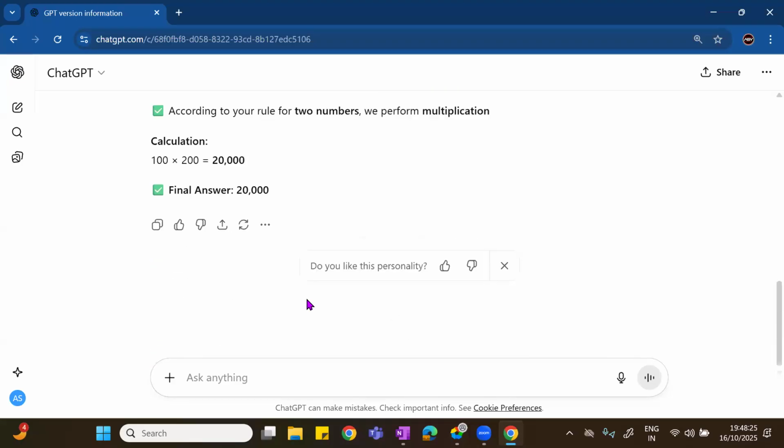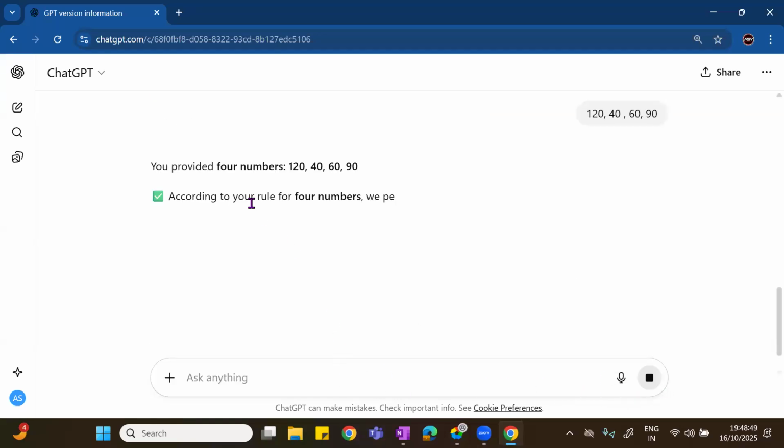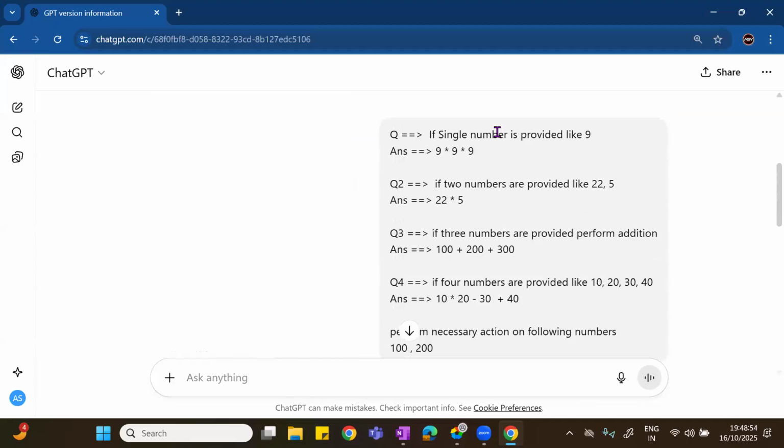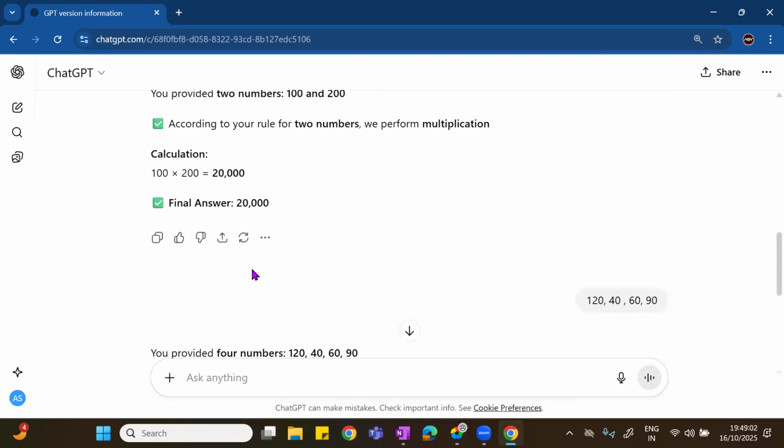Now, if I give it 120, 40, 60, and 90, four numbers, it is remembering whatever I asked it and performing the necessary operations.